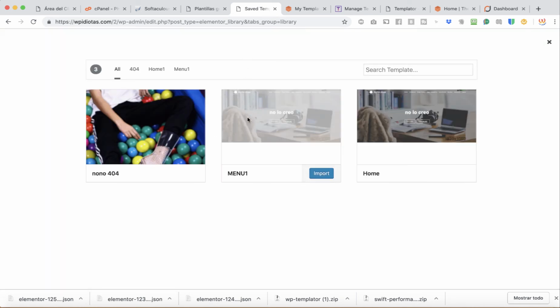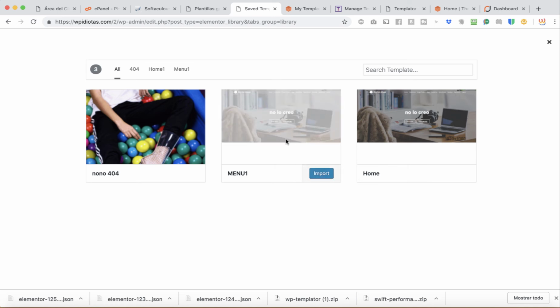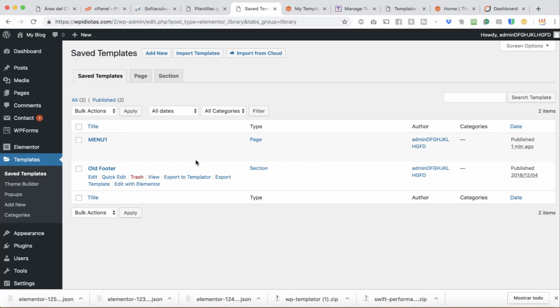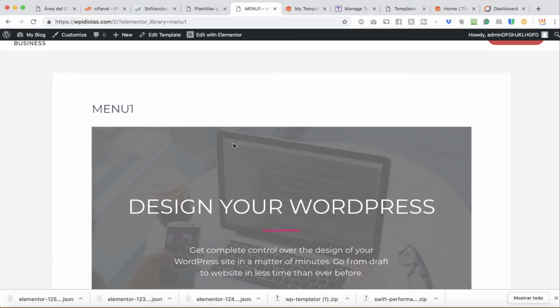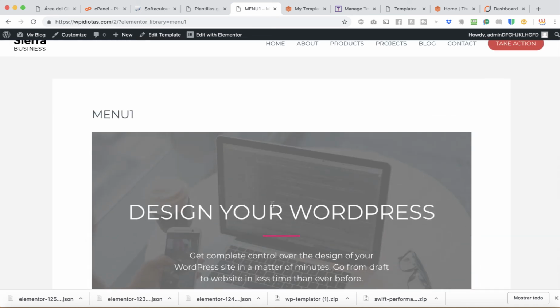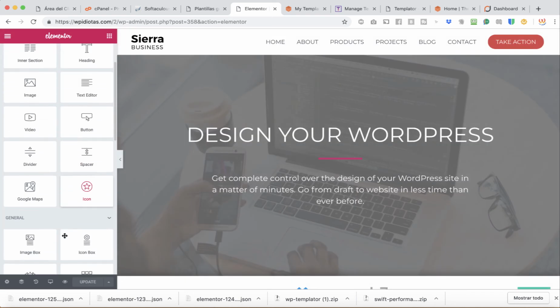And in here, if you have put your key already, it's going to let you import the ones that you have saved. As you can see, it shows you by pictures. Let's import this one. Okay, so it just finished importing. It's right here, menu 1. You can actually view this section. Here is how it looks. You might say, okay, it looks kind of different. Obviously you have to edit with Elementor and make the adjustments that you can normally do